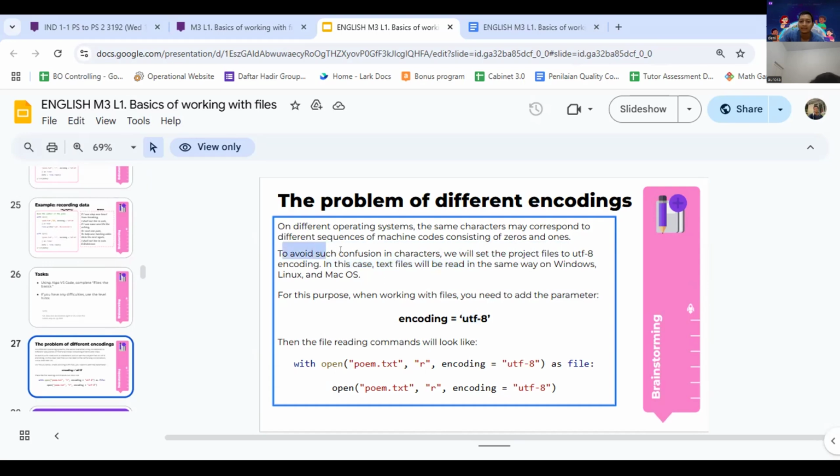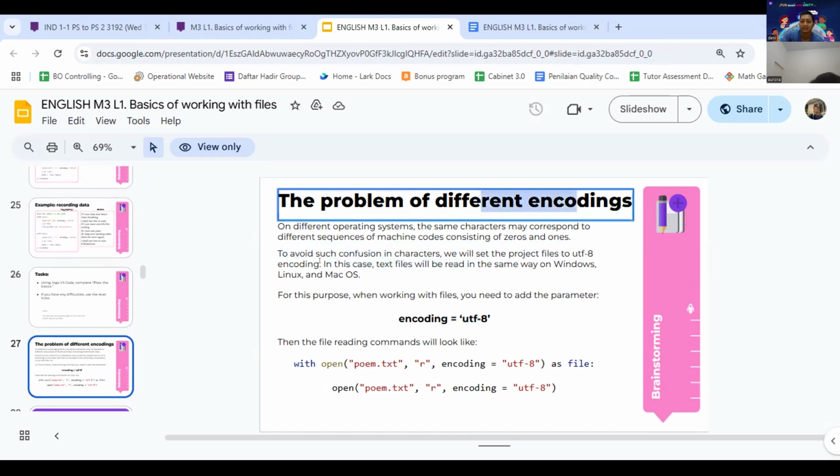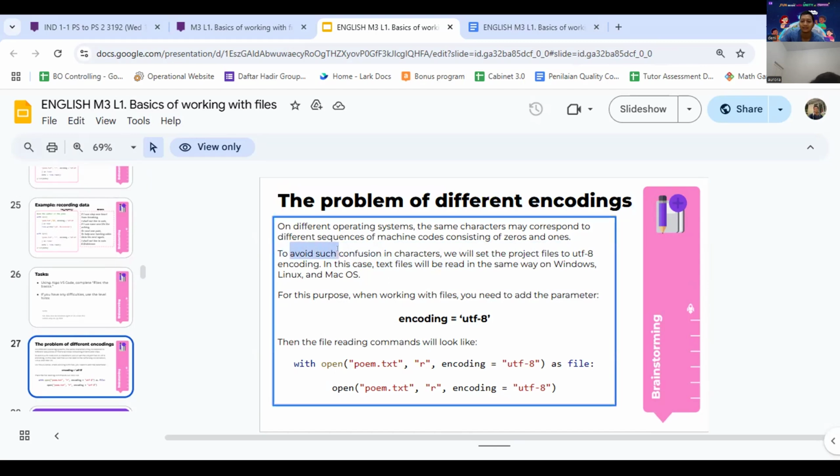The encoding. What's encoding? Like when you have code in Windows, and then you run the code in a different operating system like Mac OS or Android and so on. We avoid that to avoid such confusion.